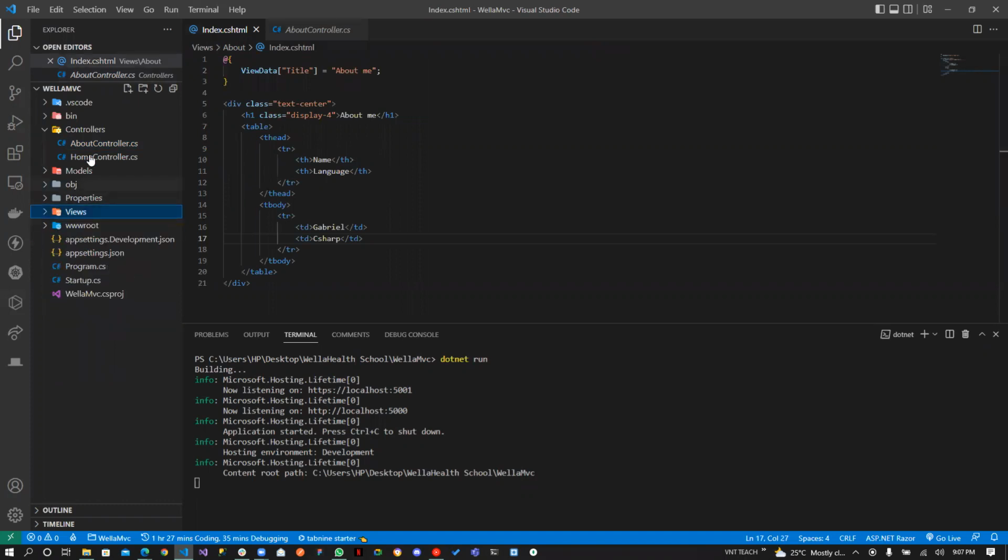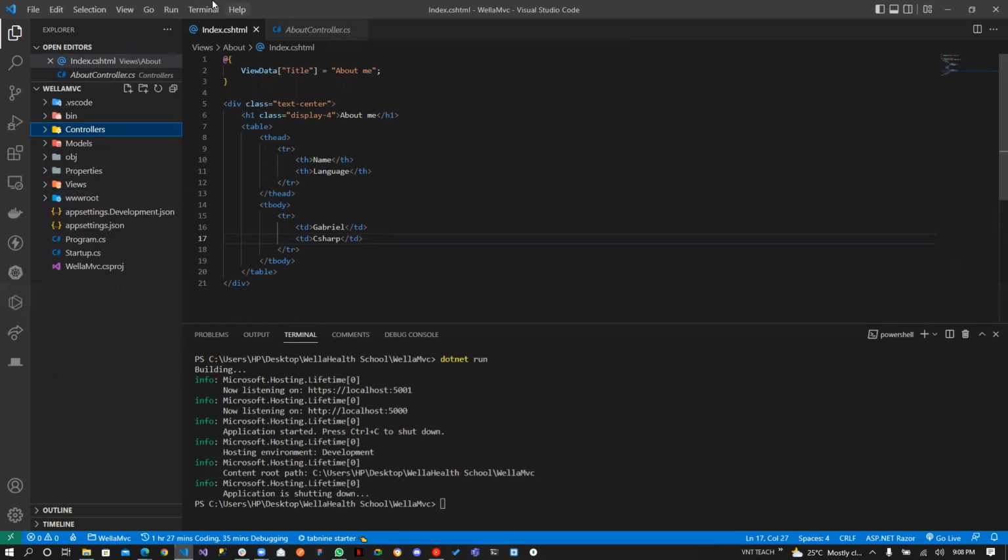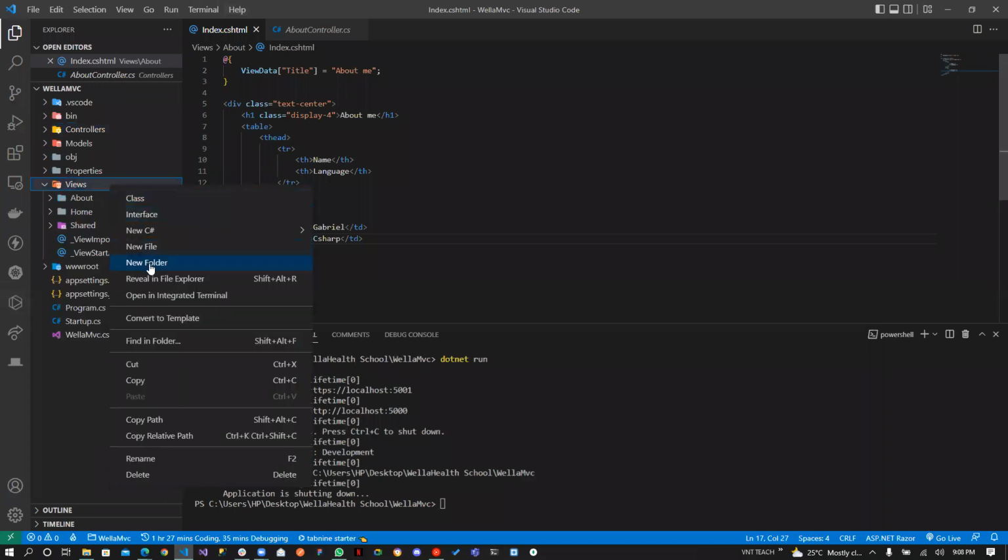So basically, what happened here was we only used the controller, the action and the view. Today we're going to use everything: controller, model and view, right? So let's start. Before we do that, first let's do a quick calculation. I'm going to create a view inside a folder called